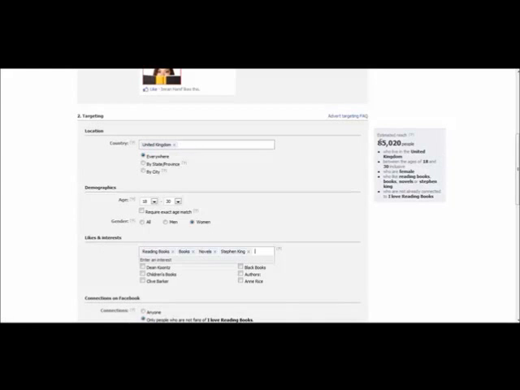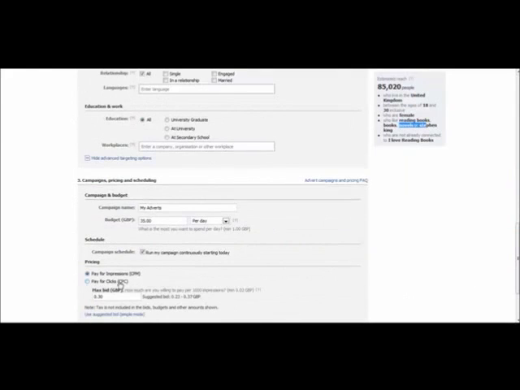There's 85,000 people who live in the UK, aged between 18 and 30, who are female, who like reading books, novels, and Stephen King fans. At the bottom we've got clicks, which is the CPC, and we've got the impressions.